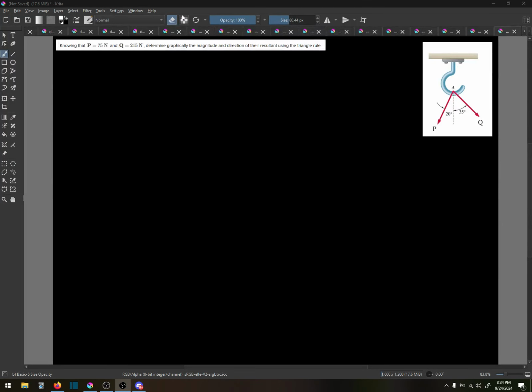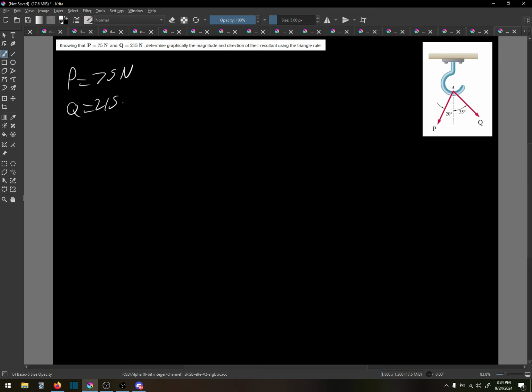Statics, Chapter 2, homework problem number 1. So we know that P is 75 newtons and Q is 215 newtons, and we're asked to find the magnitude using the triangle rule. So if we know that P is here, and then Q is here,